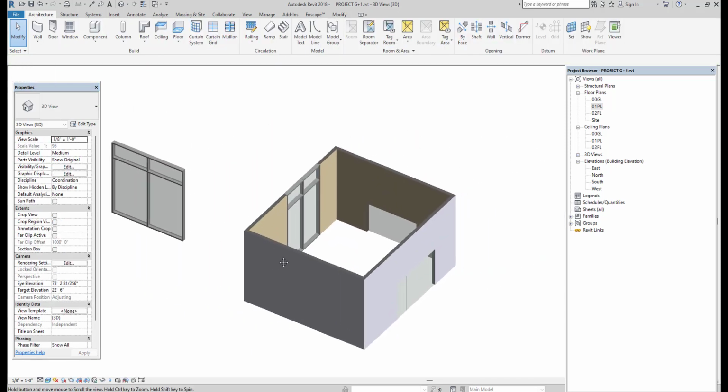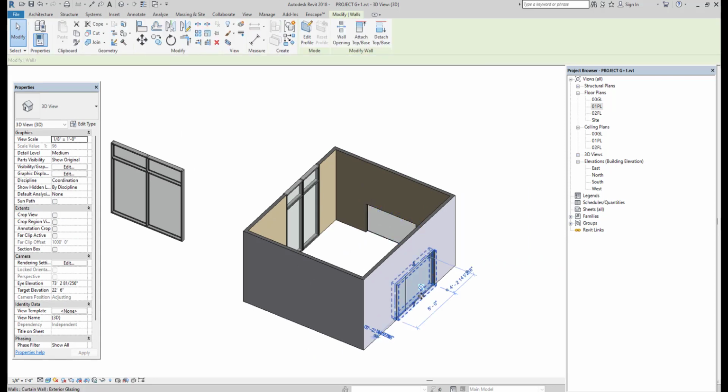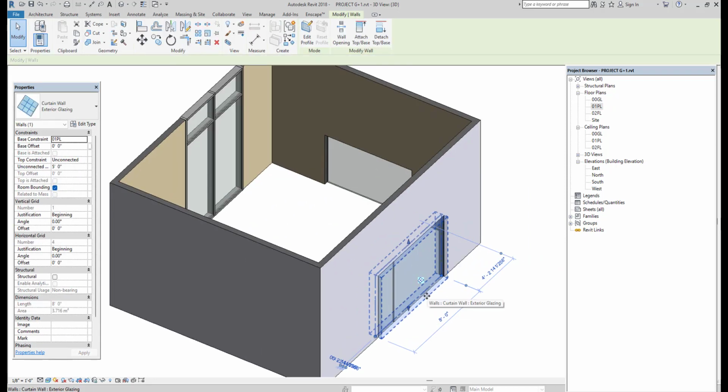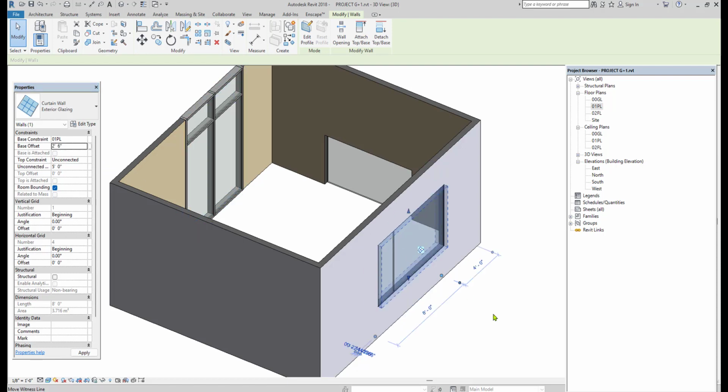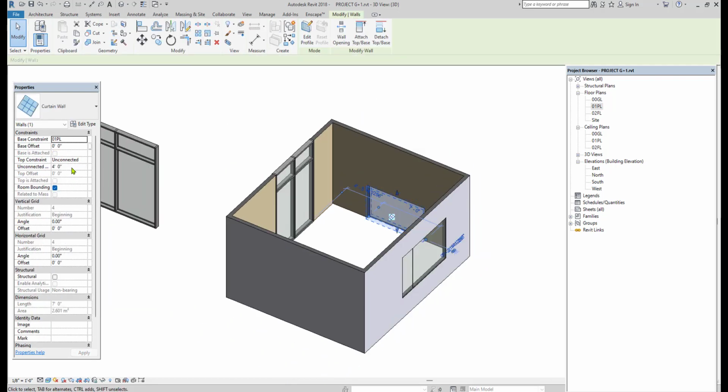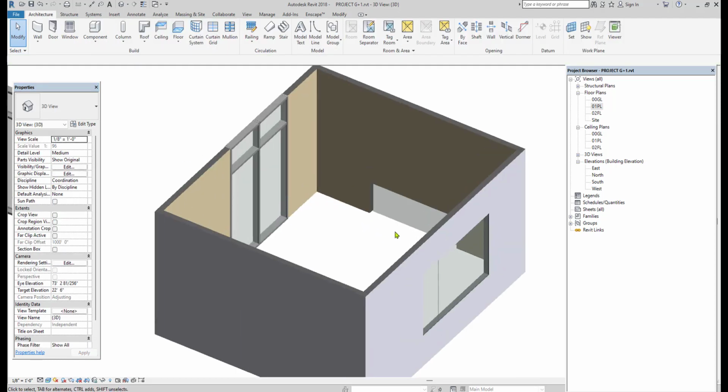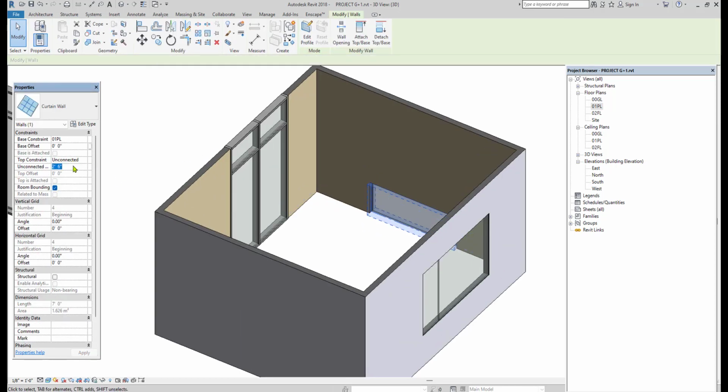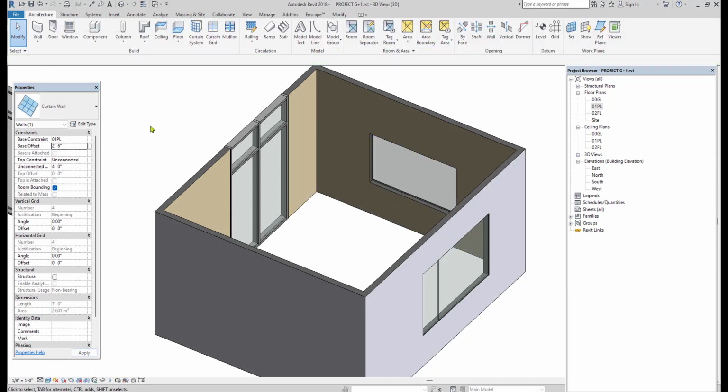In order to convert these two curtain walls into a window, I have to give the base offset. I have to lift it up. For that, just select that curtain wall and then in the properties, under offset, we have the base offset. How much you want to lift, that you have to give. That is nothing but the sill height. You can give about 2 feet 6 inch or 3 feet depending on the requirement. Same thing I do for the second curtain wall. So in this way you can convert, not the height. Base offset we have to give as 2 feet 6 inch, like this.